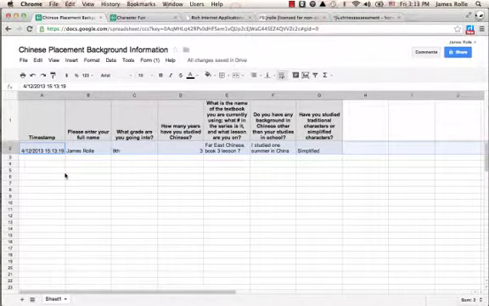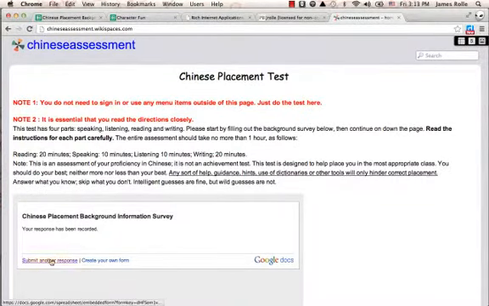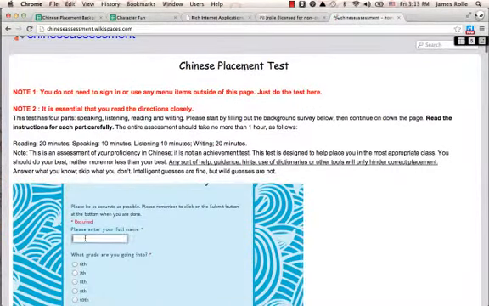Now, when the student hits submit, the information is going to flow directly into the Chinese placement background spreadsheet. So James Raleigh, 9th grade, 3 years, Far East Chinese, book 3, lesson 7, studied 1 summer in China, simplified characters. If another student, or I should say when another student comes in and does this,